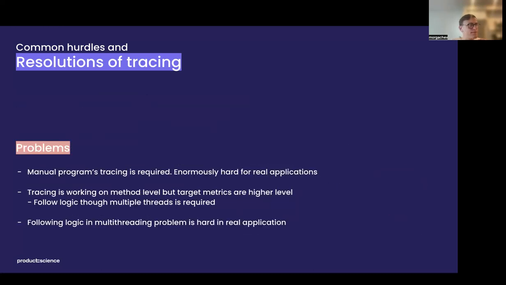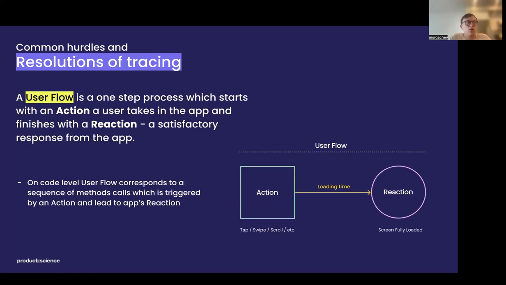And let's present how we suggest resolving this issue, how we suggest working with it. First of all, we are using a new term, user flow, to work with it as the minimal item of optimizing. So what is a user flow? It's a one-step process which starts when the user performs some action, for example, starting up, clicking a button or scrolling, and finishes with a reaction. It's the response of the application to this